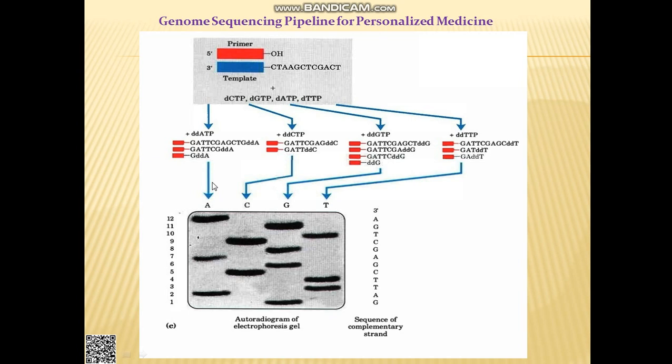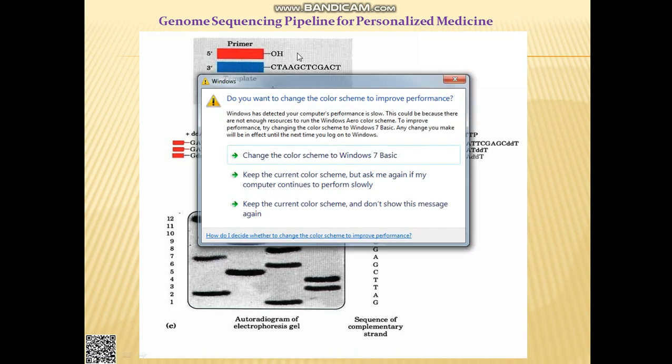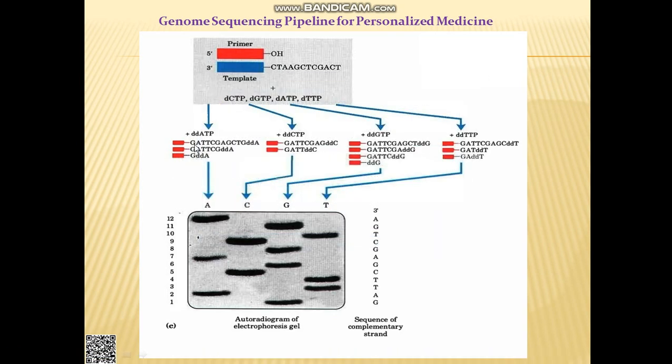Here you see, every time these are four different test tubes. Okay. In the first test tube, what is the possibility? See here. First C is there. Okay. So just opposite to C, one A should come. See here. Just opposite to C, here at first G should be there, and then A should come. Here you see GATTCGAGCT. Can you see? The whole thing, it is nothing but the complementary, when you know the base pairing.